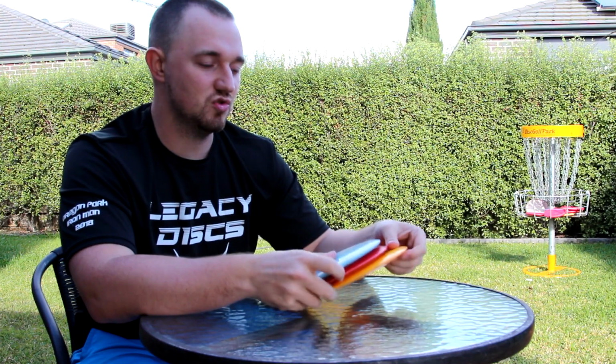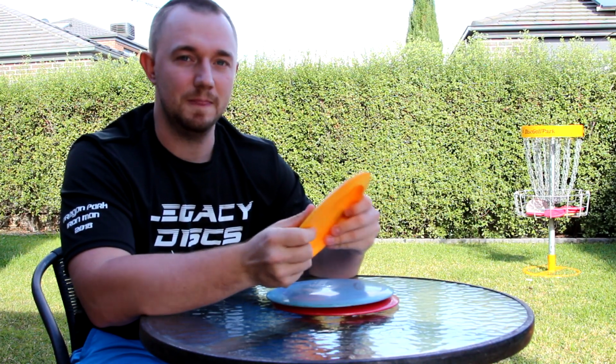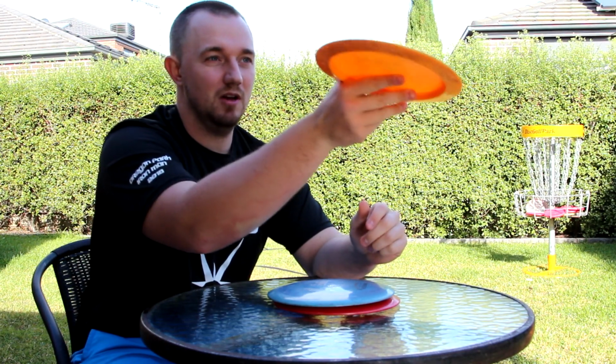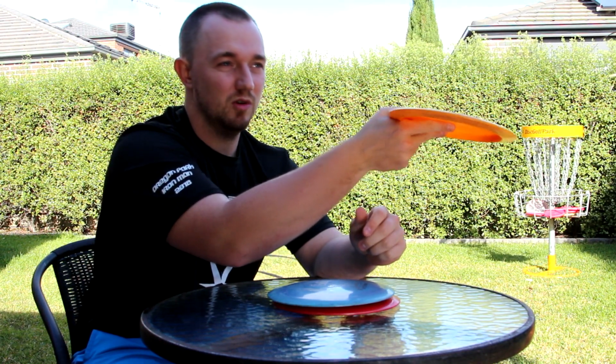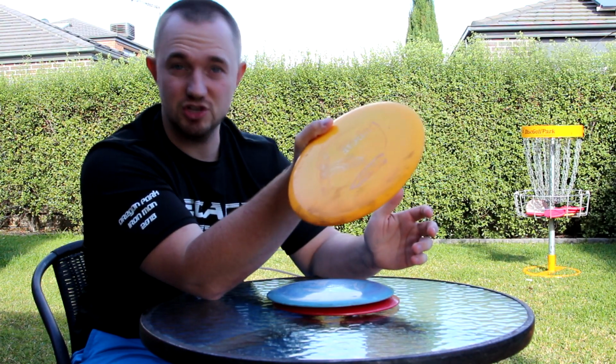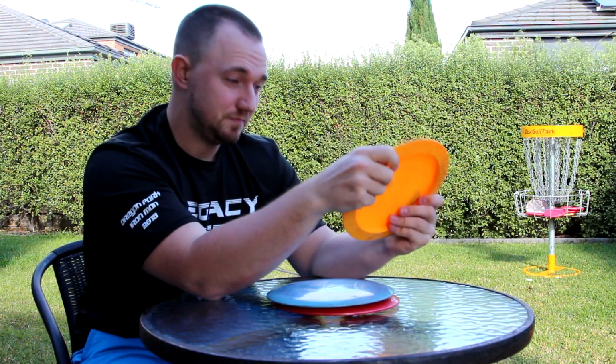So with these Destroyers, I'm actually able to get a nice big, they pick up and go left for a really long ways or really straight depending on what I'm looking for, and then they'll have a strong finish and maybe a skip at the end. So